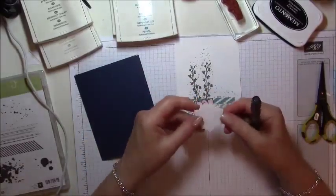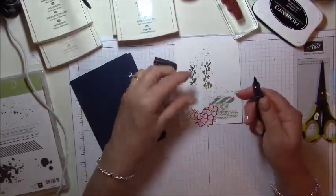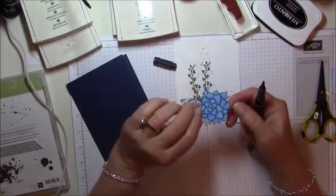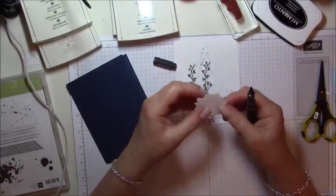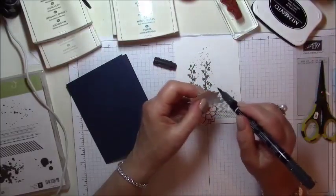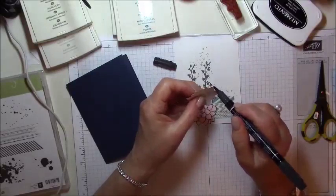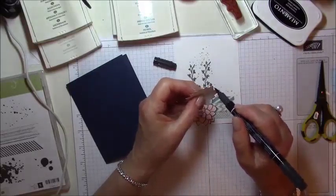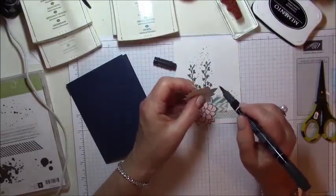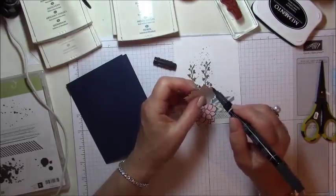do is turn the image over, take your black, particularly if you've stamped the image in black, take your black marker, and then I just sort of rub along the edges like that, and that will remove or hide any of the white bits that may be showing from the